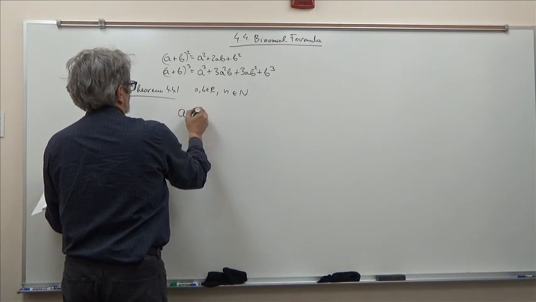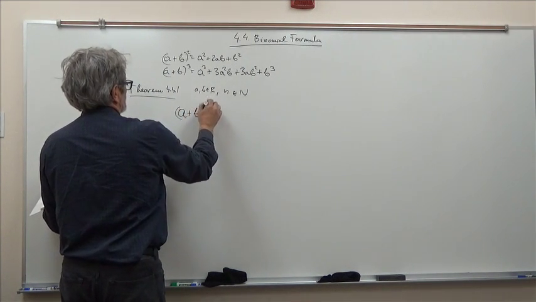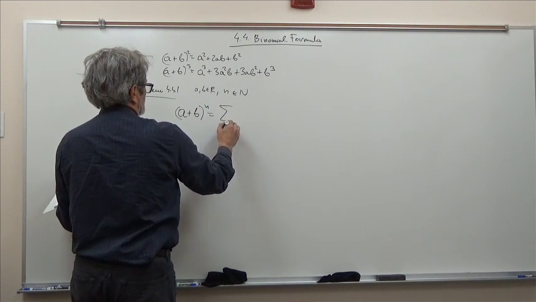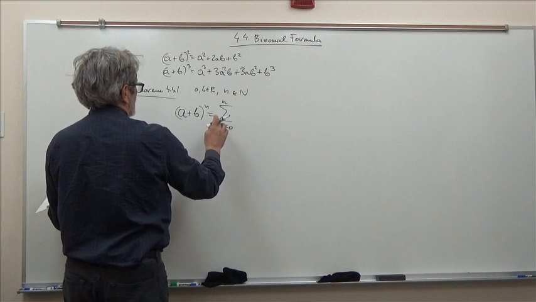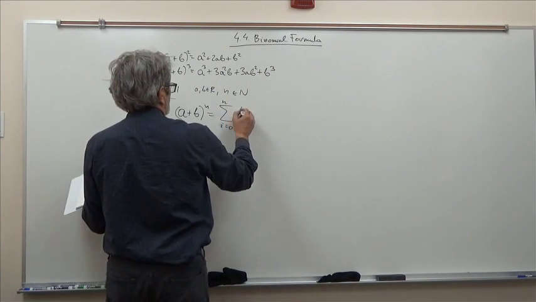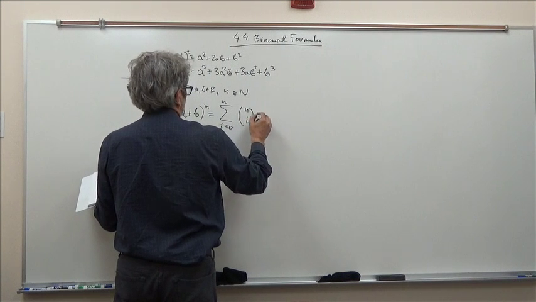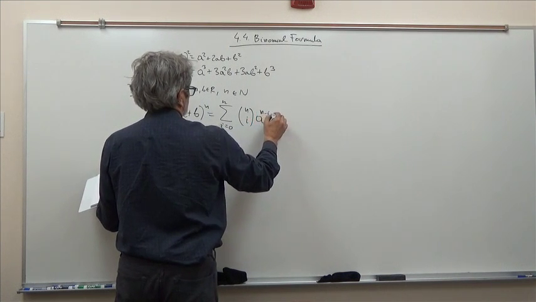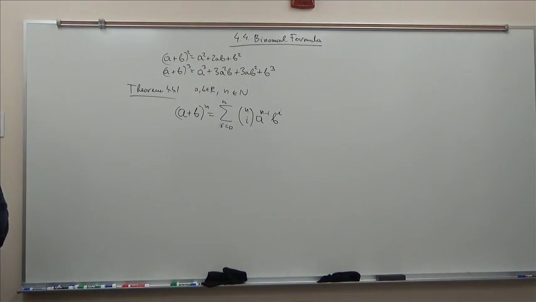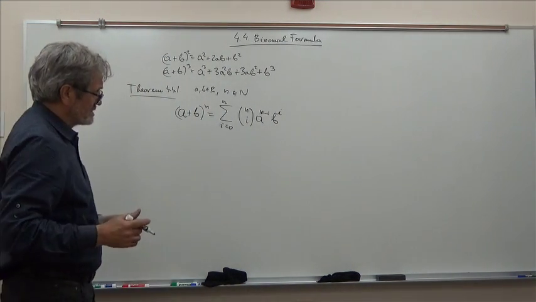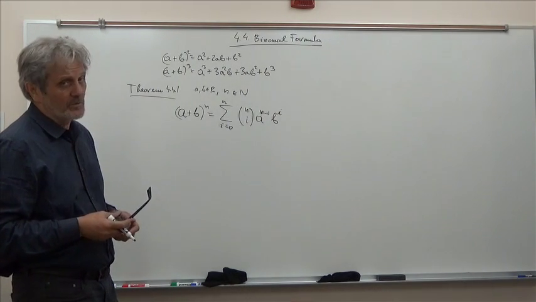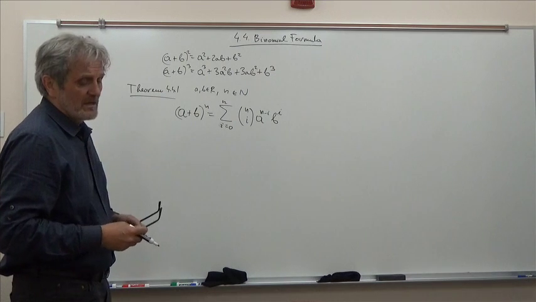(a plus b) to the n, for any n, equals the sum when k goes from 0 to n of n choose k, a to the n minus k, b to the k. That's how it is in the notes. If this closed form in the sigma notation still confuses you, although we discussed that in chapter 3,